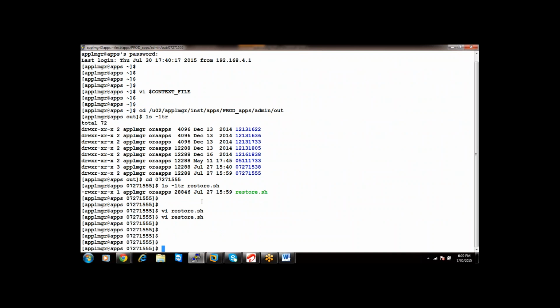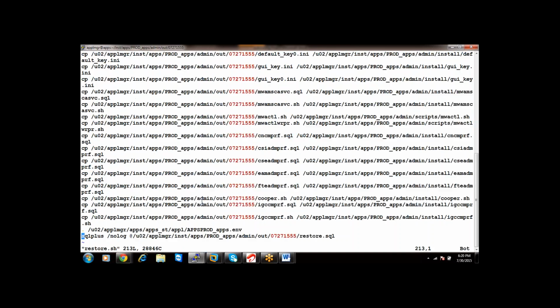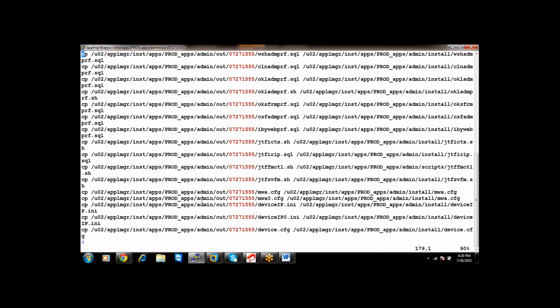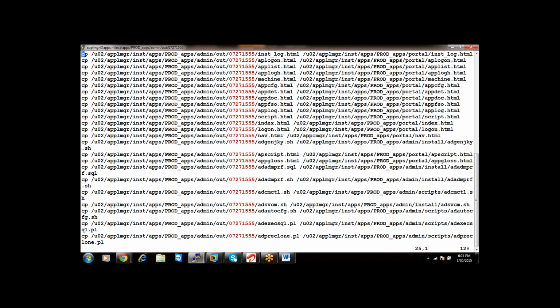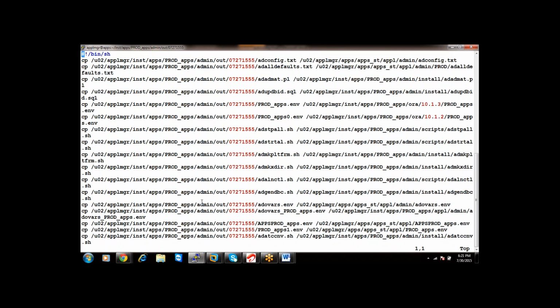So you can revert configuration file level changes, but it's not possible to revert profile option level changes with the help of the restore.sh script. If you want, you can check whether there are any scripts related to profile options. There are only changes related to configuration files.